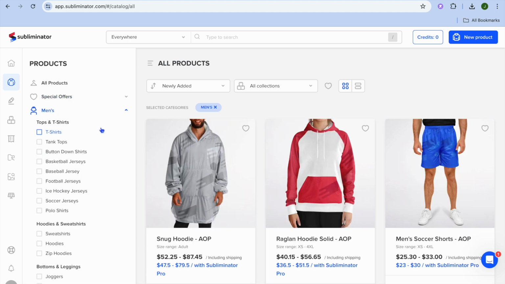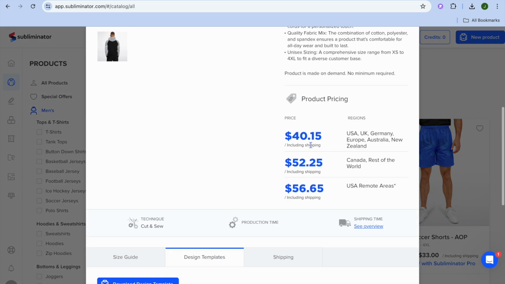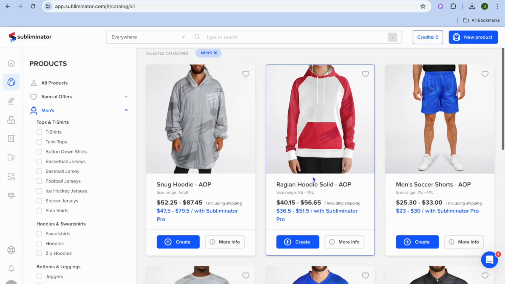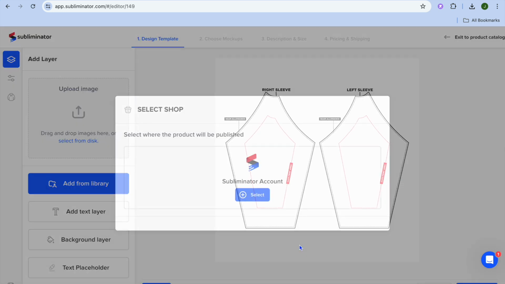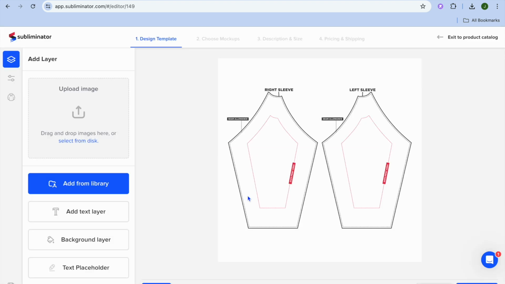Now let's say for example we would like to add our design onto this hoodie right here. You can read more about the product right here. Once it is to your liking, you're going to simply tap on create below the product. Then after doing that, you can see select where the product will be published, and you can tap on select right there. After you have done that, you can tap on add from library, or you can choose to upload